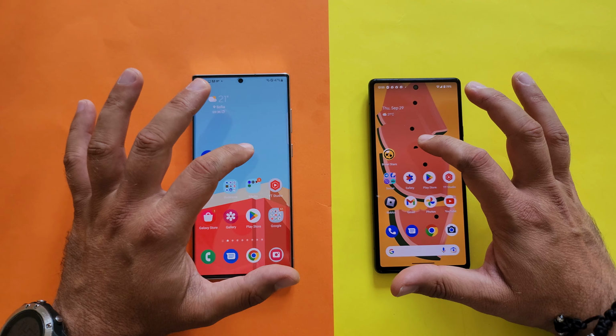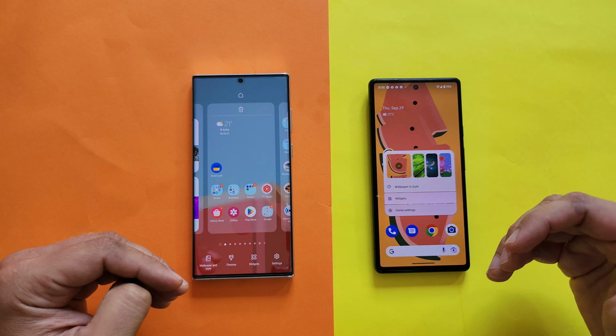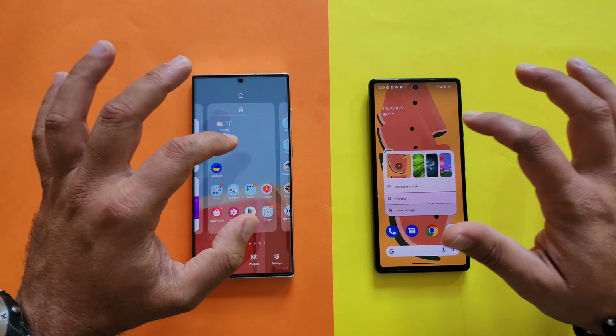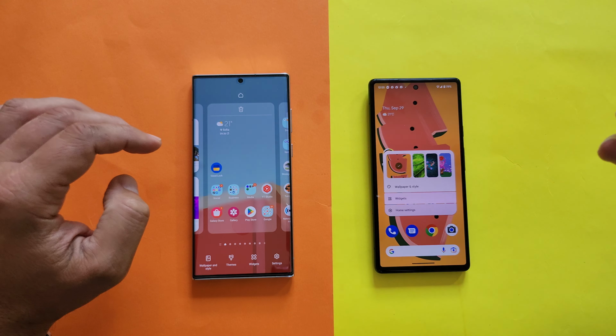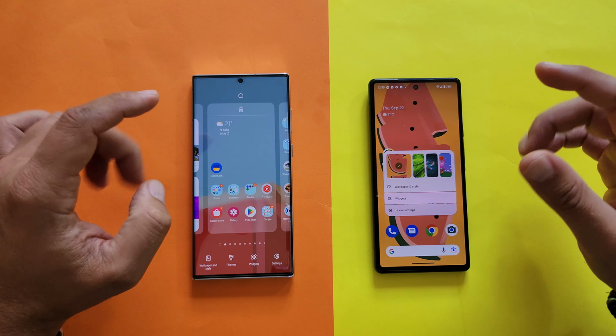Next thing I'll try is just keep holding here, all right, so that we have access to the home screen settings, wallpaper install, the menu, the widgets. So this is the default Android 13 implementation from Google. This is really what Google decided to do, and honestly